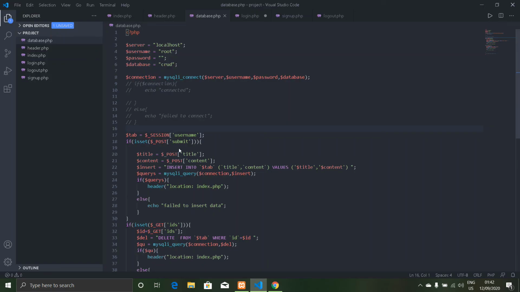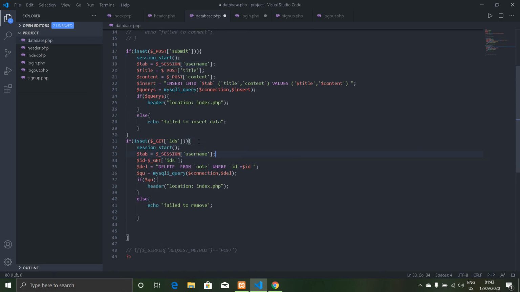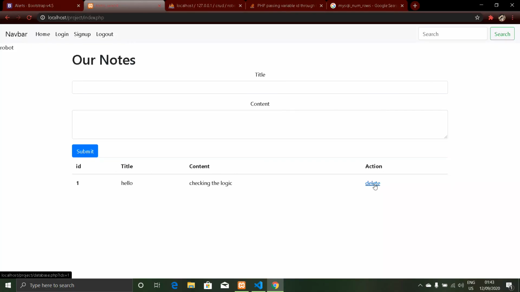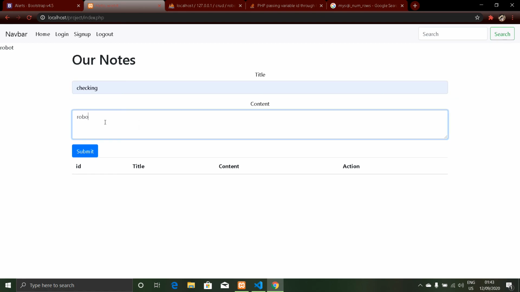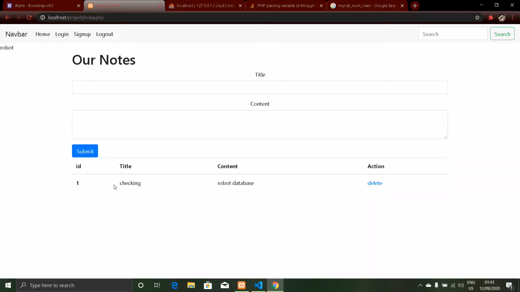Okay, so I think we have to make personal sessions. Okay, Control Z, Control Z, Control Z, Control Z, and then I'll copy this, Control C, and I'll paste this here, Control V, and then here will be $_SESSION tab, Control S. Okay, so now if I delete this, you can see this has been deleted. Checking global database, submit. Checking global database, so you can see our